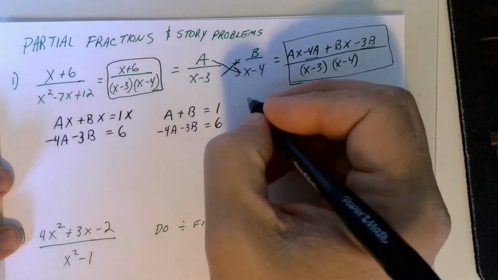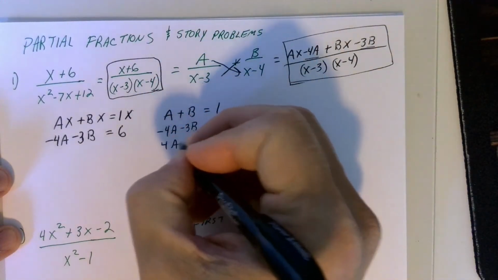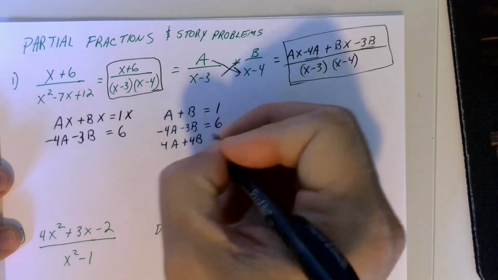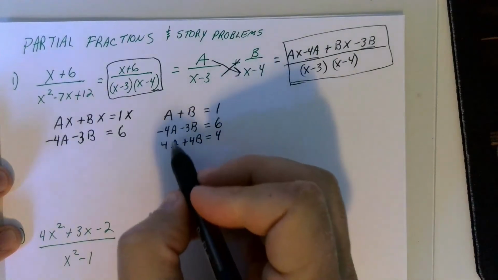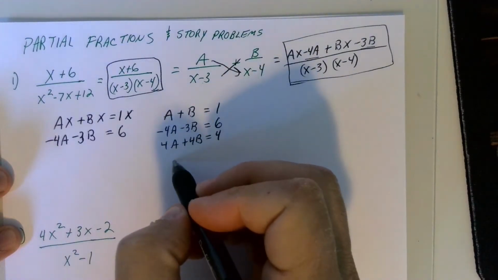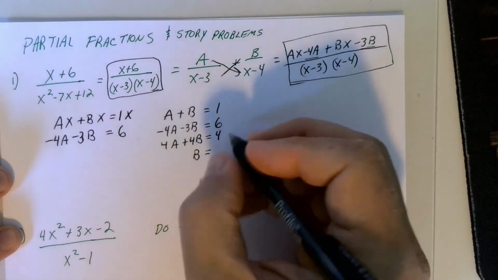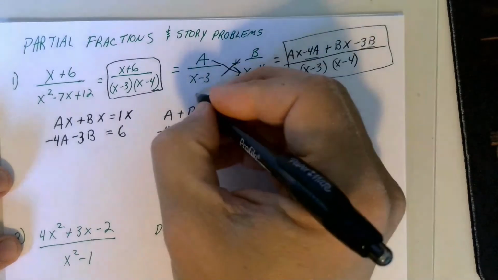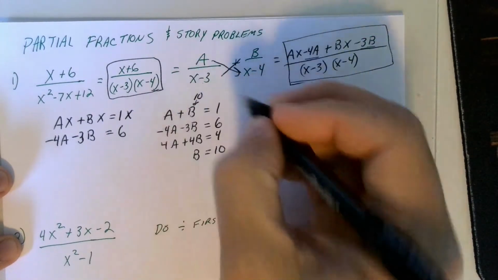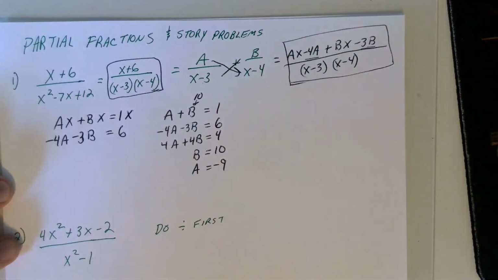So I'm going to multiply the entire top line by 4. That's going to give me 4a plus 4b equals 4, just like that, right? And negative 4a and 4a, poof, that goes. Negative 3b and 4b is b, and 6 and 4 is 10, so b is 10. Using back substitution, if I put a 10 in right there, then you know that a must equal negative 9,